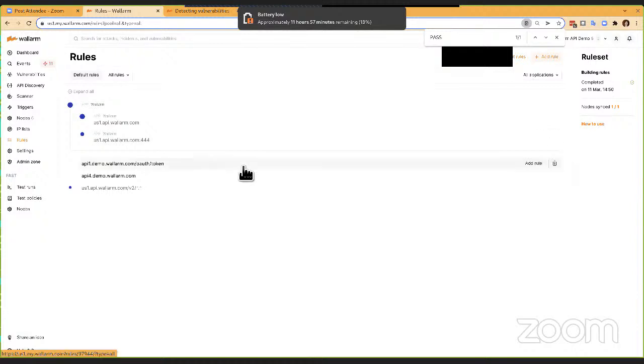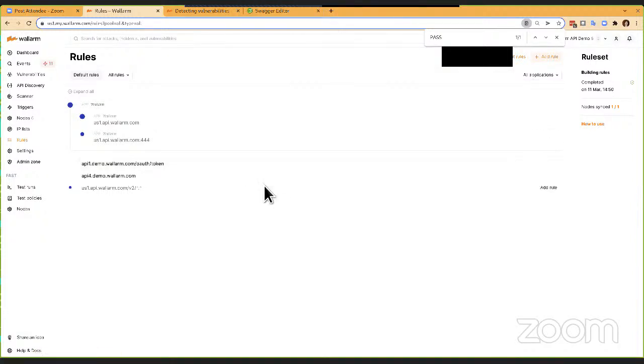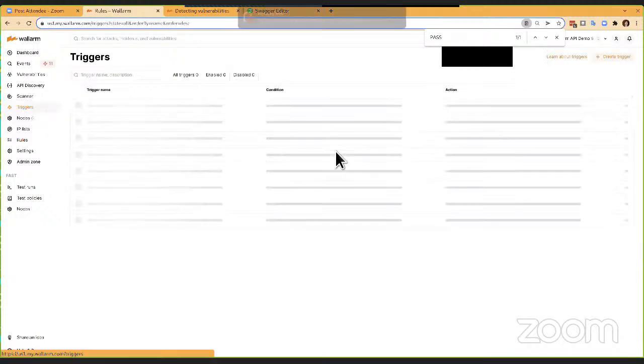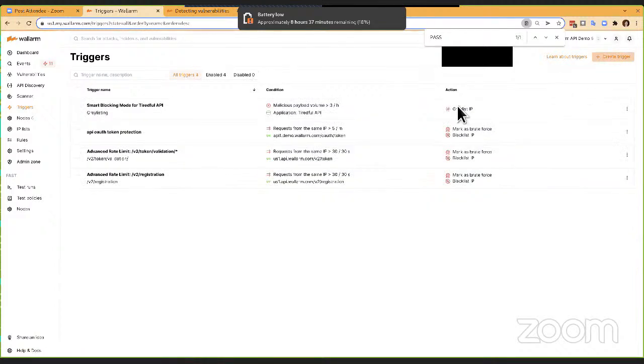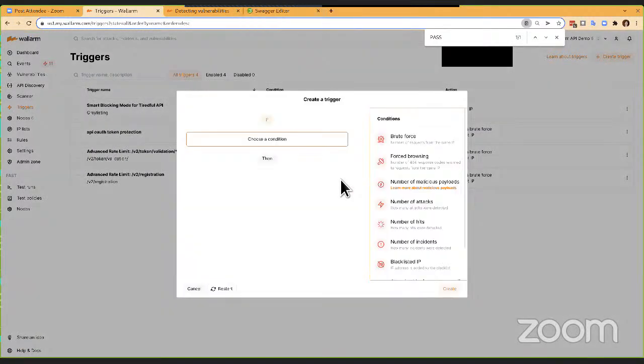So these are the rule sets. You can also use them to add virtual patches, or mask specific fields that you don't want to make available to the cloud. That's something you can do with the rule sets. Another feature is triggers. We're reusing all the security events coming into Wallarm, and you can trigger